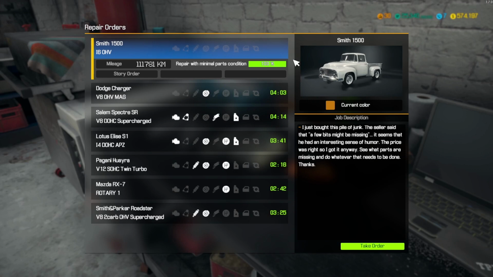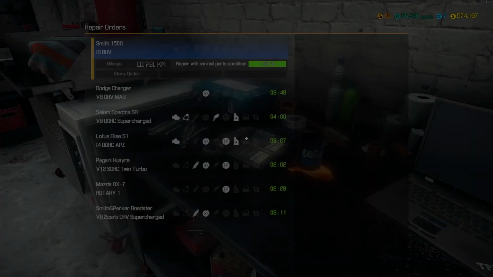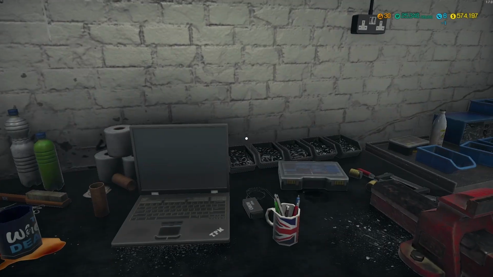So we have another story mission here. I just bought this pile of junk. The seller said a few bits might be missing. It seems they had an interesting sense of humor. The price was right, so I got it anyway. See what parts are missing and do whatever needs to be done. Thanks. Okay, so...